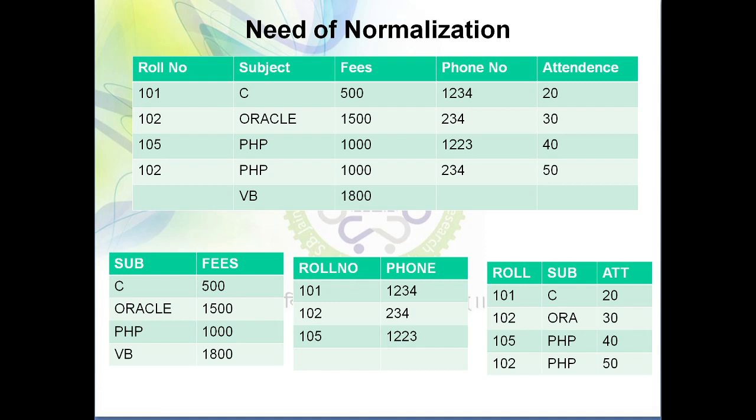Now I will tell you how the inconsistency problem can be faced in this particular table. Just imagine a situation where I am going to update the phone number of a student in the second row, meaning 102 is present in the second row and the fourth row. In the second row only I have updated the phone number from 234 to 123, but I have not updated the phone number in the fourth row. In that case 234 remains as it is. So in that case I am facing an issue. Suppose somebody is referring to the old phone number instead of the updated phone number. In that case you face a problem. So this is how an inconsistency is faced in this particular table.